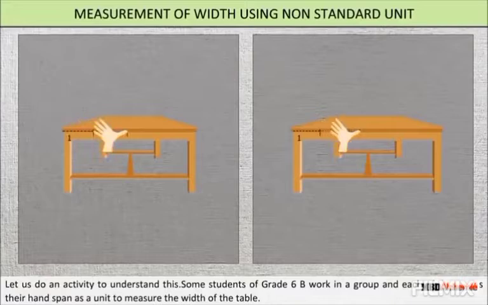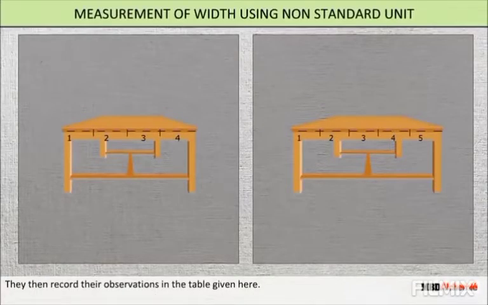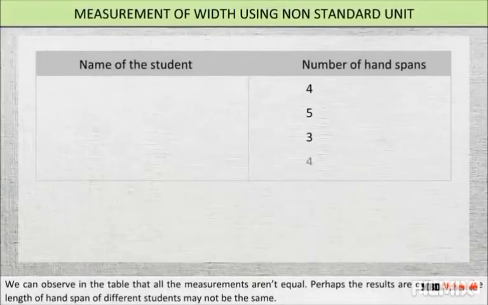You can see that in both figures the length of the hand is different. If we measure with our own hand, everyone's hand length is different, isn't it? Here one is 4.5 and another is 5. So there is a difference when measuring by hand. These types of measurements are known as non-standard units, that means they vary according to the individual.